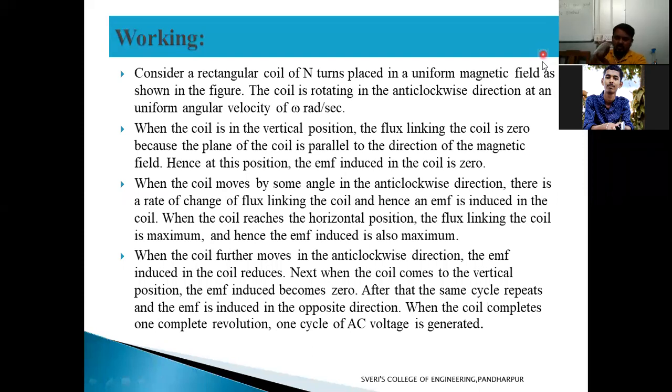From the next 90 to 360: 0 to 90, 90 to 180, 180 to 270. From 180 to 270 we will get the value in negative here. Yes, at 270 degrees we again get the maximum value. Then from 270 to 360 it will become 0 here, and the terminals will come back to the original position.